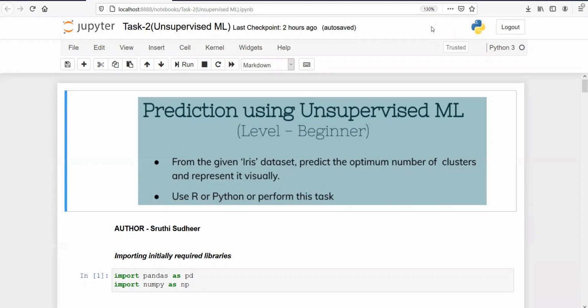I'm Shruti Sudhir. I'm a data science and business analytics intern at the Sparks Foundation. This is my second task as a part of this internship, and this task is to make predictions using unsupervised machine learning. And for this task, I have considered the Iris dataset, and I have used Python